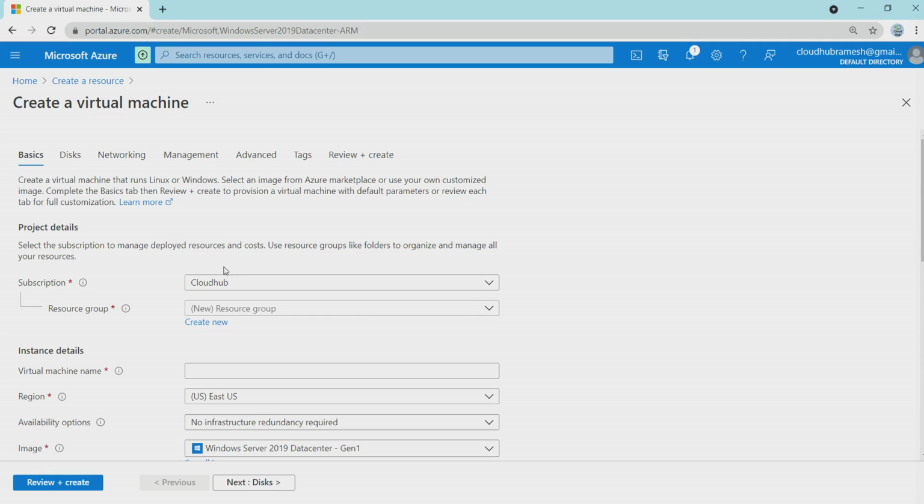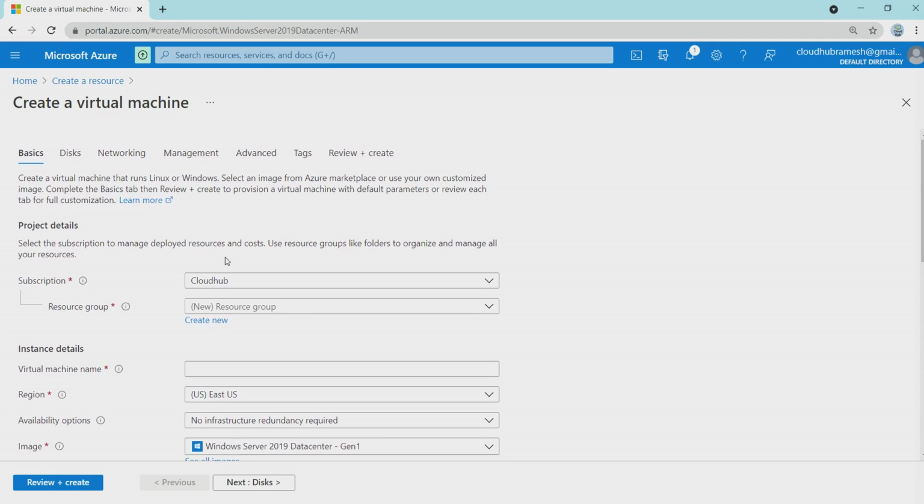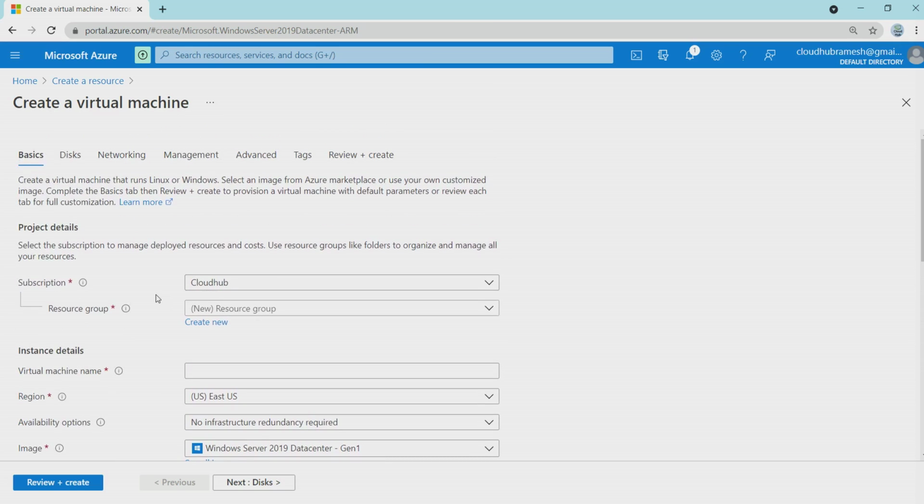It has the subscription and a resource group. You could see there are different tabs, around 7 tabs available. You need to fill in these 7 tabs before you create the virtual machine. I'll walk you through each and every tab, and what the mandatory things are that you need to fill in. Let's start. A resource group is nothing but whatever resources you create get grouped under a resource group. So I'm going to create a new resource group here,